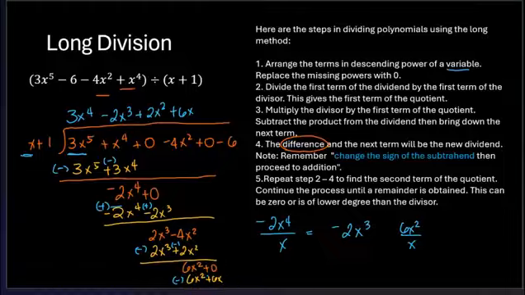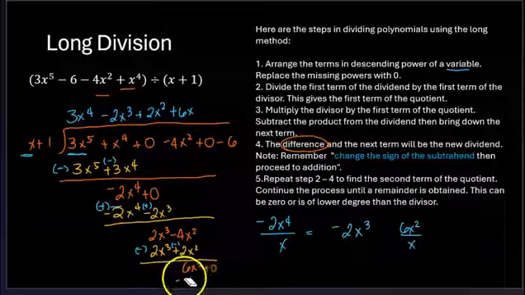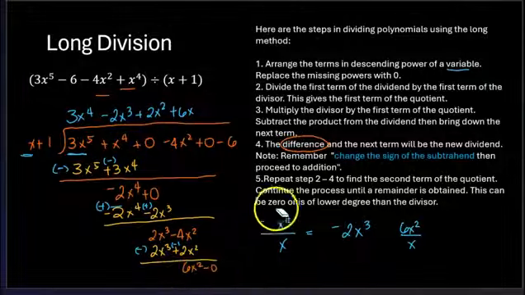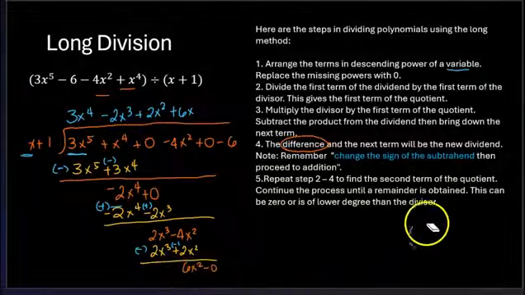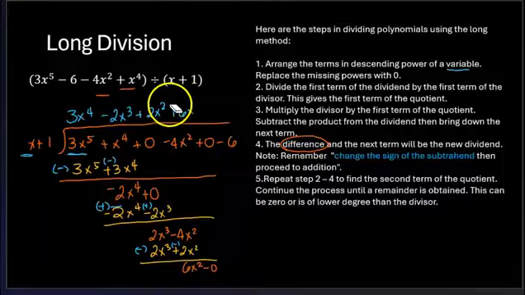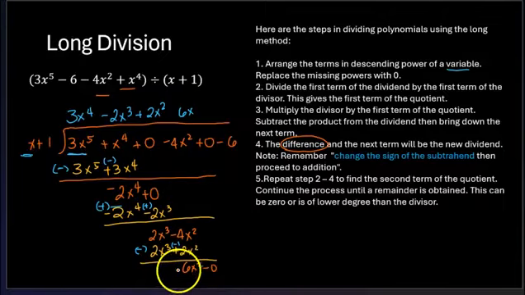Oh, I missed the sign. So you have to be careful. Did you notice that I missed the sign here? This is negative. I missed the negative here. So this should be negative. So you have to be careful. So that would be negative 6x squared minus 6x. Okay, change sign. Let me continue here.